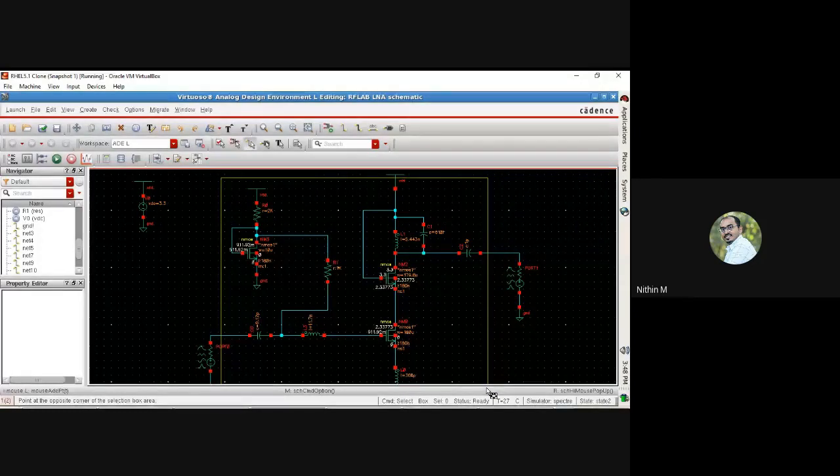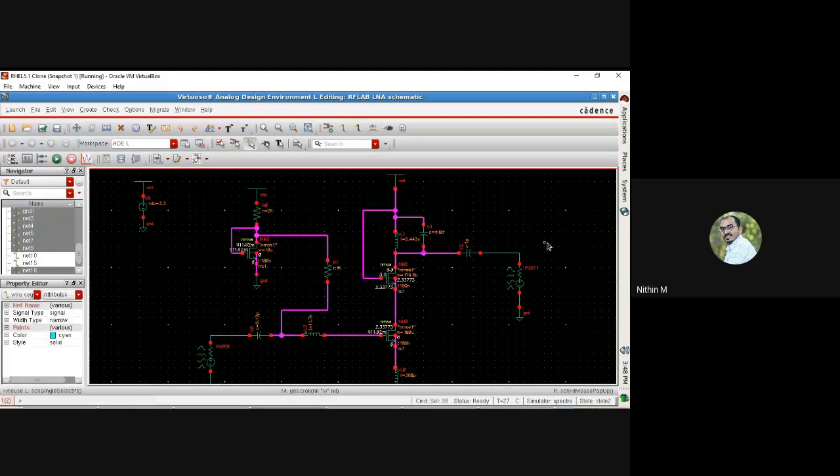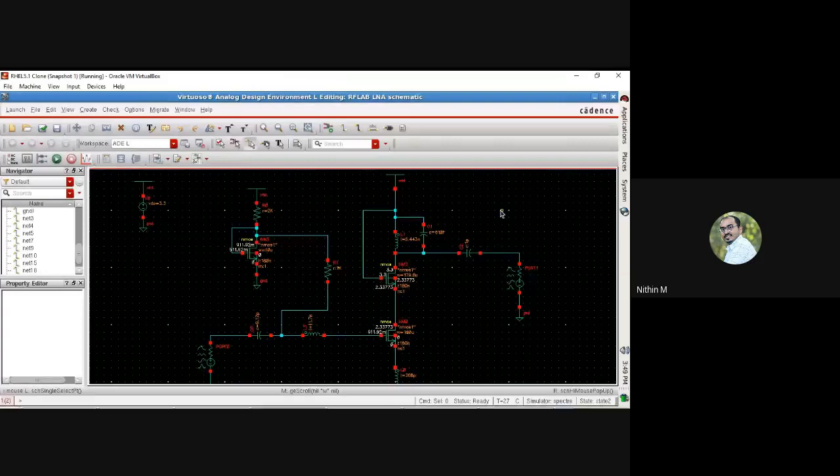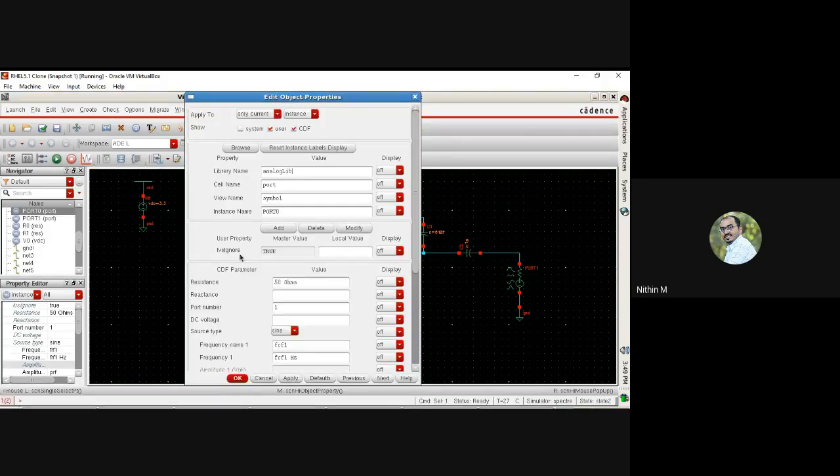I want to take your attention to two things. On the input side, we have defined a port 0, and at the output side, we call it port 1. These are some specific components we call a port, which is available in the Cadence Analog Library. We use these ports to do several analyses, especially analysis related to RF. We will use ports for other analyses as well. We can just see what is inside a port.